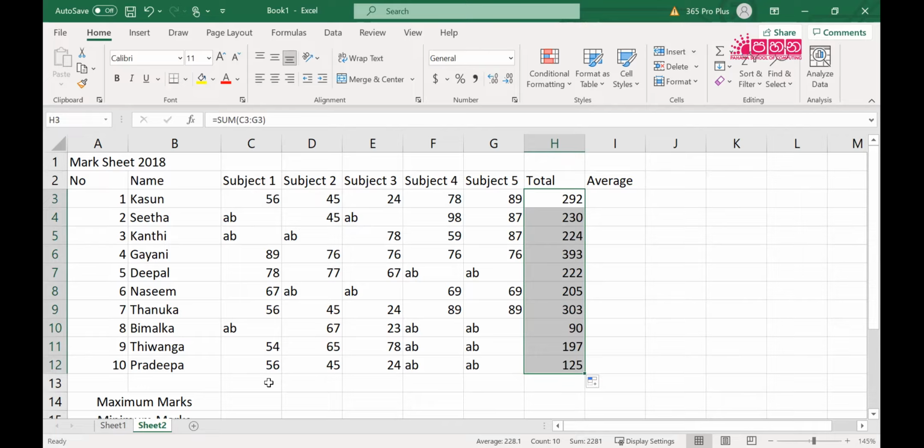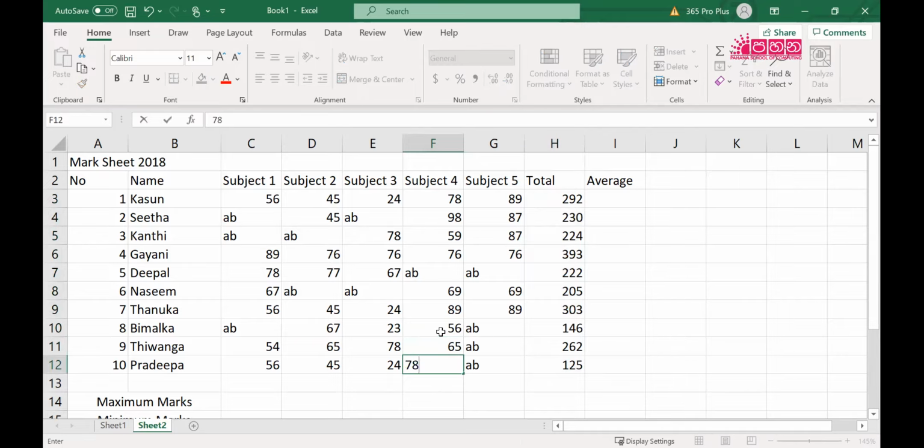Some of the places I'm not getting the correct answer. Okay, so I have some mistakes. I have put some values here mistakenly. Subject 4, I think I made some mistakes. I have to choose 56, 65, and then 70. So these are some of the mistakes I have done. Right.